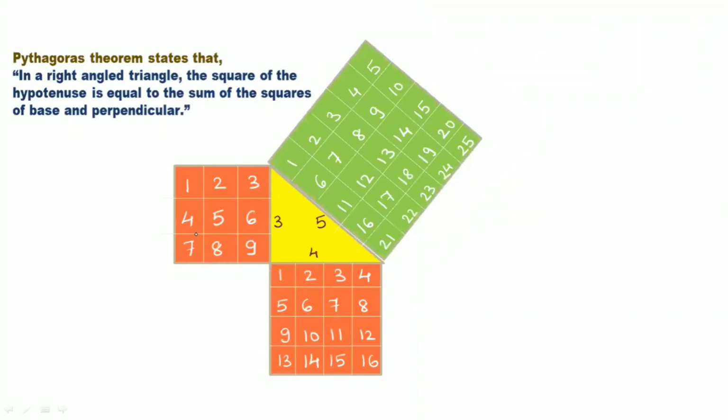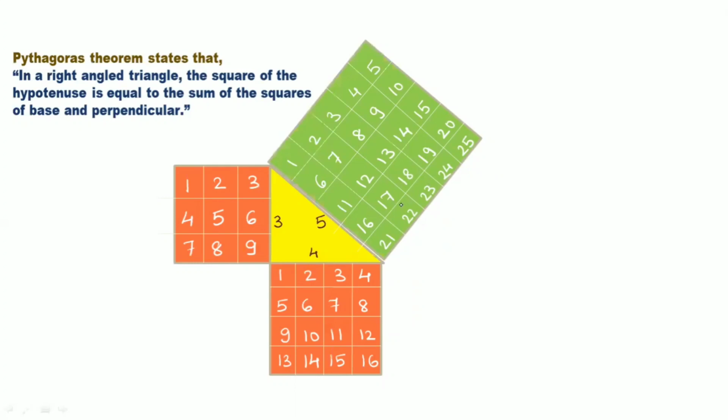Suppose we split the squares according to their square units. The square on the side of 3 units has an area of 9 square units, so we have 9 squares on it. Similarly, the area of the square on the base, with side 4, has 16 square units. Whereas the square on the hypotenuse of the triangle, with side 5, has an area of 25 square units.